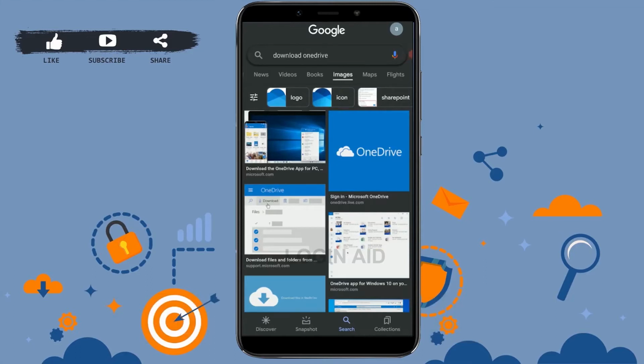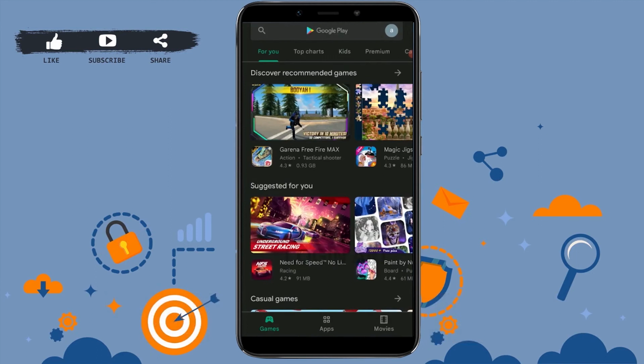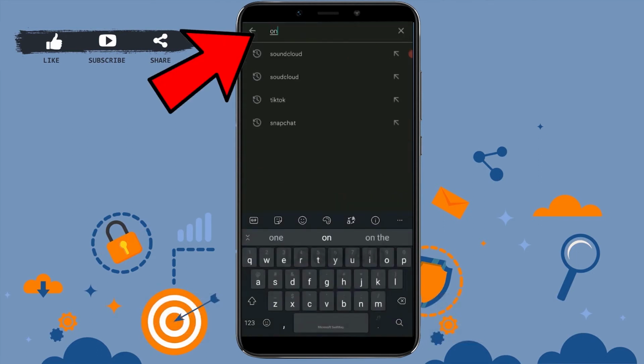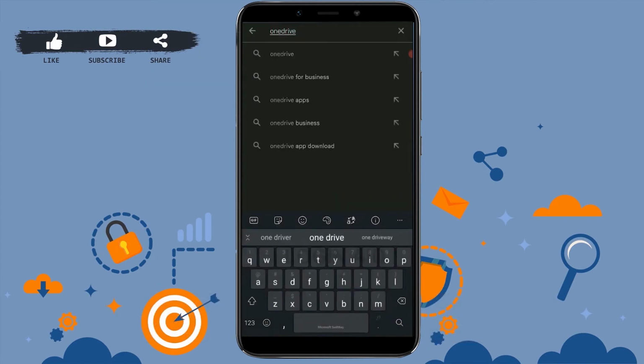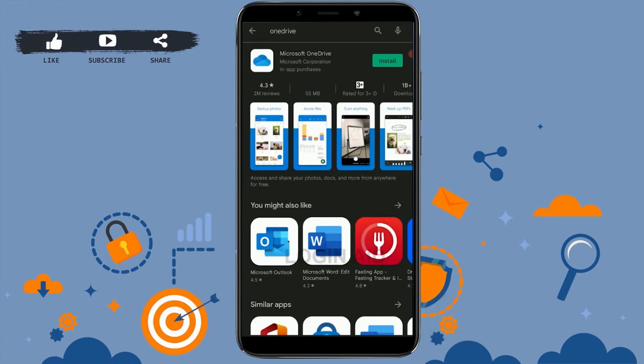Today, for this episode, I will be showing you how you can download and install OneDrive. So first, you need to open the Google Play Store on your mobile device, and on the search bar, you type in OneDrive, tap on search. You can see the Microsoft OneDrive on the very top option. Now here you need to tap on install just beside it and you wait for the application to be fully